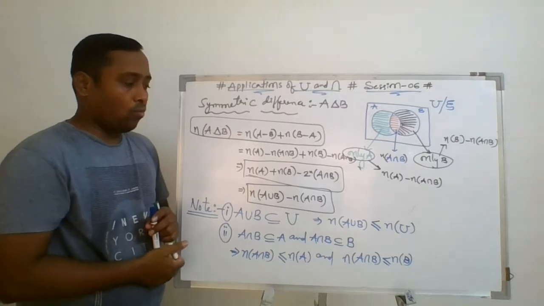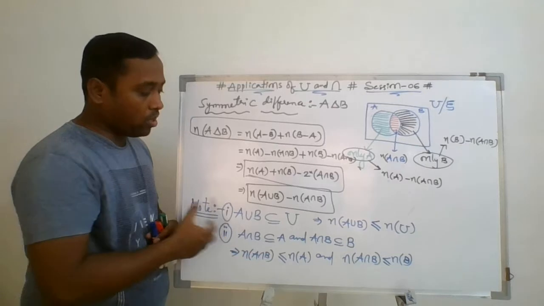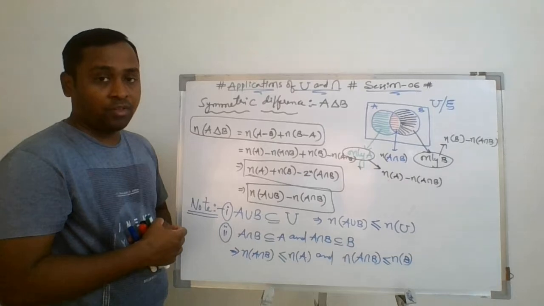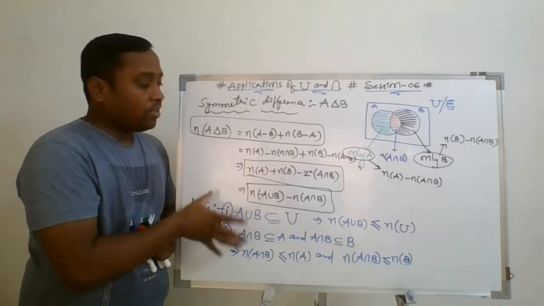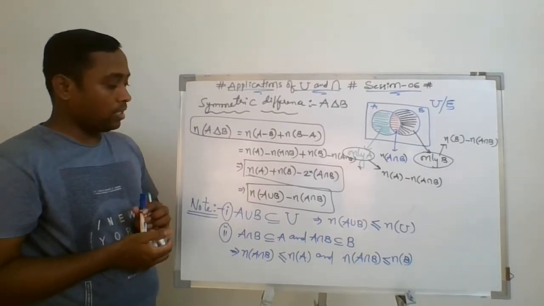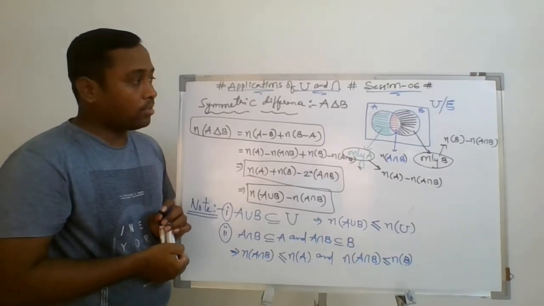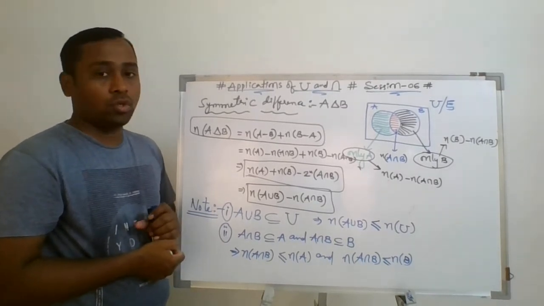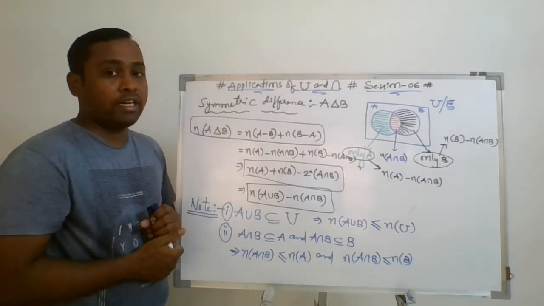So these two are important conclusions from the Venn diagram. Means these quantities are always there as a universal truth. Okay, so some questions are based on these conditions. Some questions are based on the above formulas. So we have discussed several points related to two sets. Now the same discussion will go for three sets. Okay, let's discuss the formulas related to three sets through a Venn diagram only.